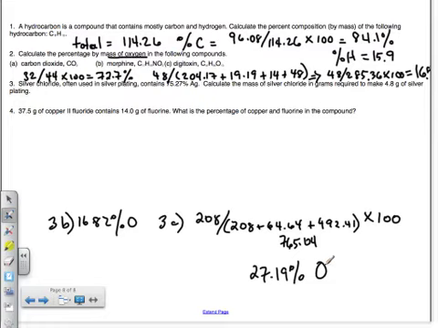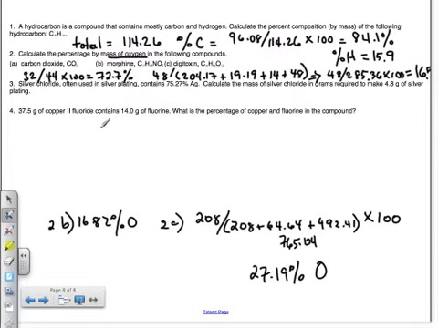Alrighty. Number 3, silver chloride, often used in silver. Oh, it wasn't 3B, that was 2B. Sorry about that. All right, number 3. Silver chloride, often used in silver plating, contains, hard to say, I believe, 75.27% silver. Calculate the mass of silver chloride in grams required to make